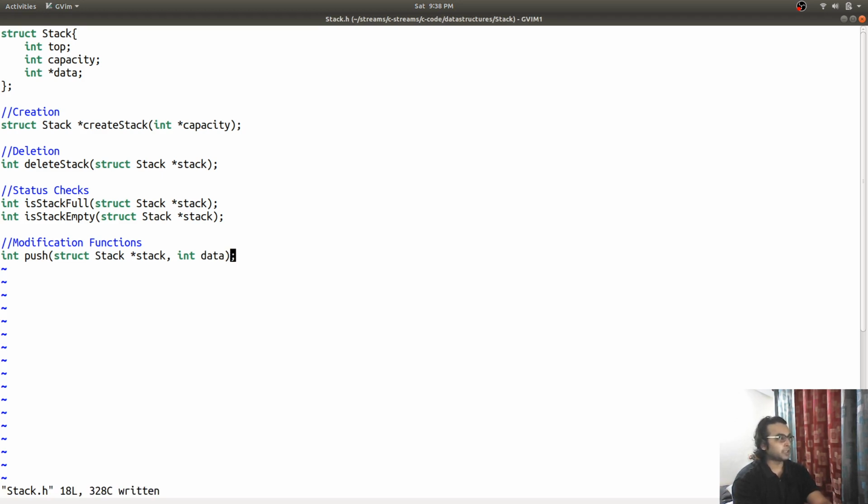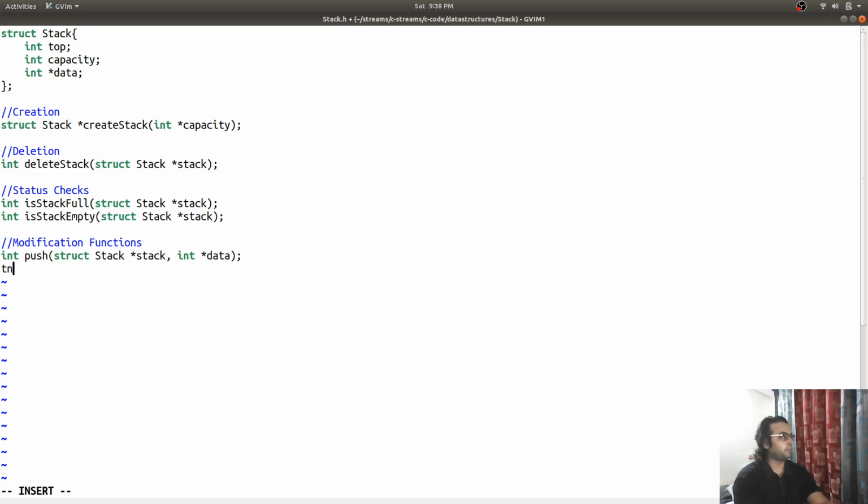Same reason I am not declaring this as a pointer, because it is possible that the integer value is allocated on the stack, and this array is allocated on the heap. We can do this because we are not storing the memory address, we dereference the memory address and store the value. So this is going to work. We are copying the value from the stack and putting it in the heap.